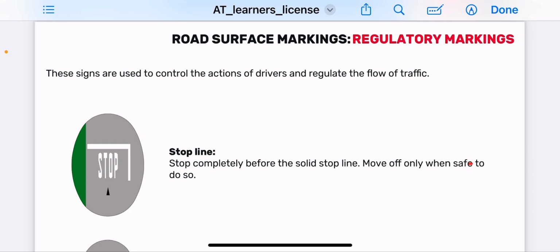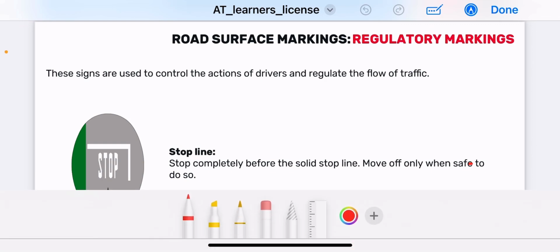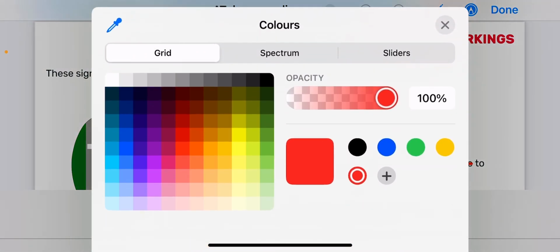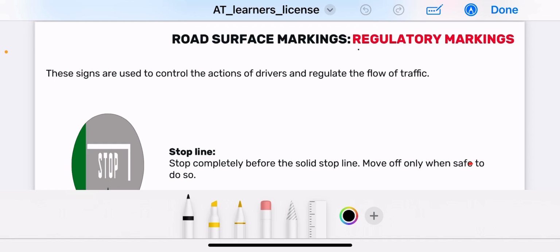So today we are going to cover road surface markings, specifically covering regulatory markings. Regulatory markings. We are here, okay? So